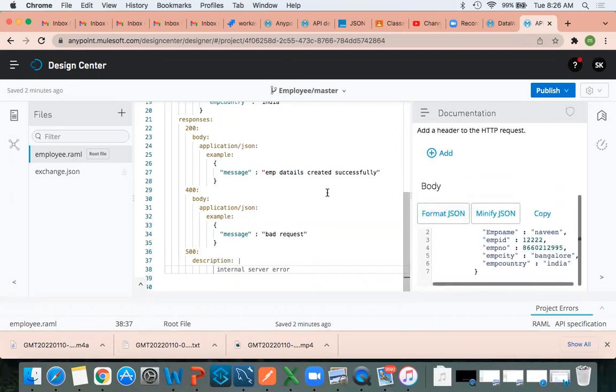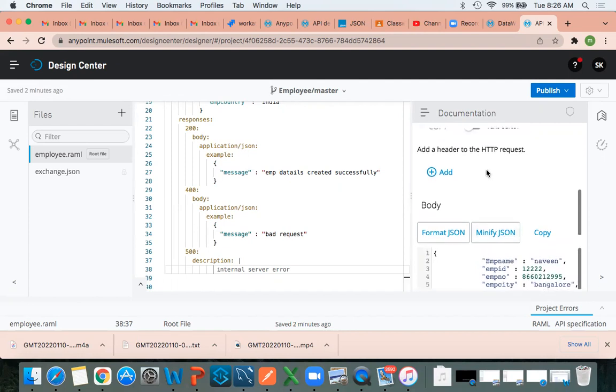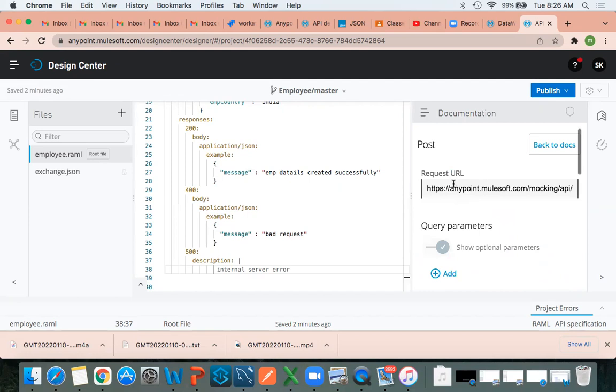So I created the API. I tested my API internally. It is working fine. What is the next step? Publish. Before publish, yeah, customization. Mocking. So this we need to provide to the clients. If you want to provide this API to the clients, if you share this link, what will happen?